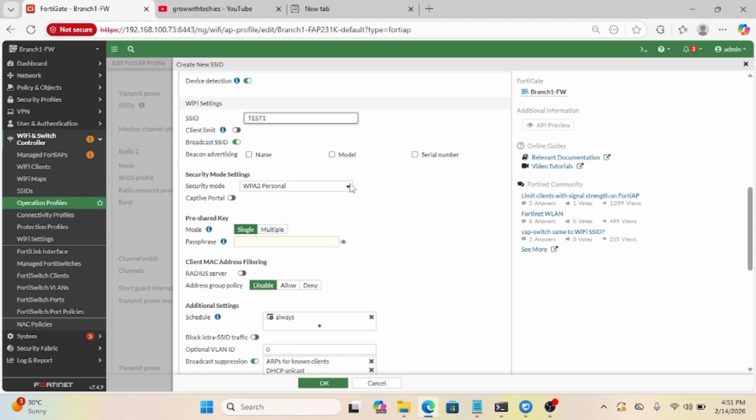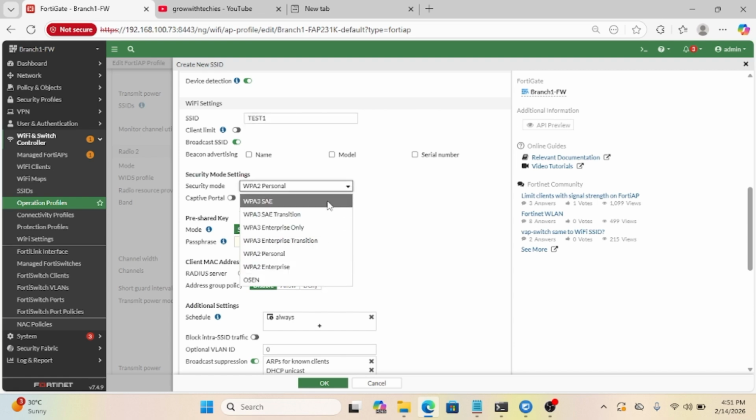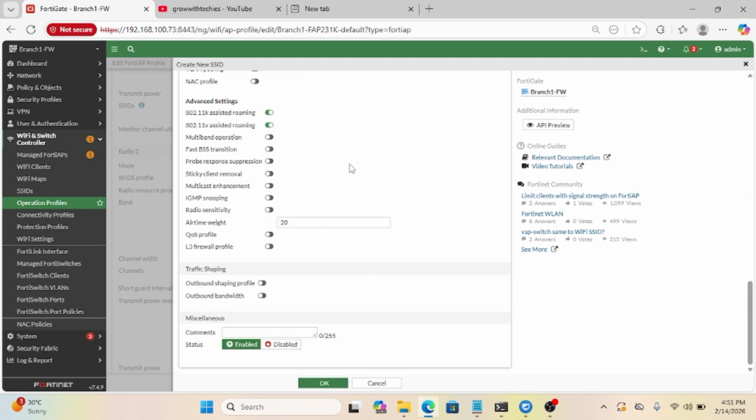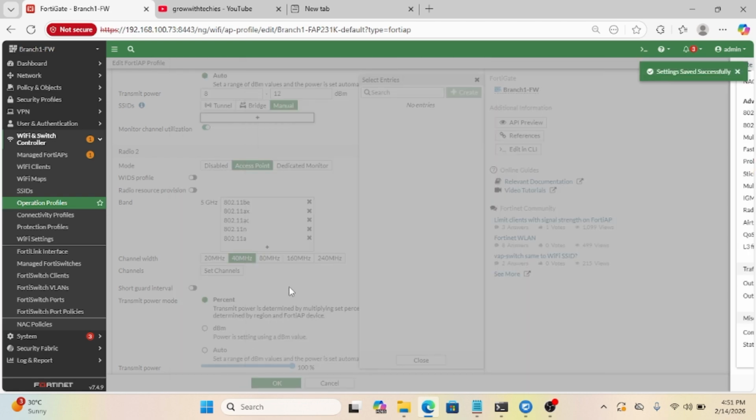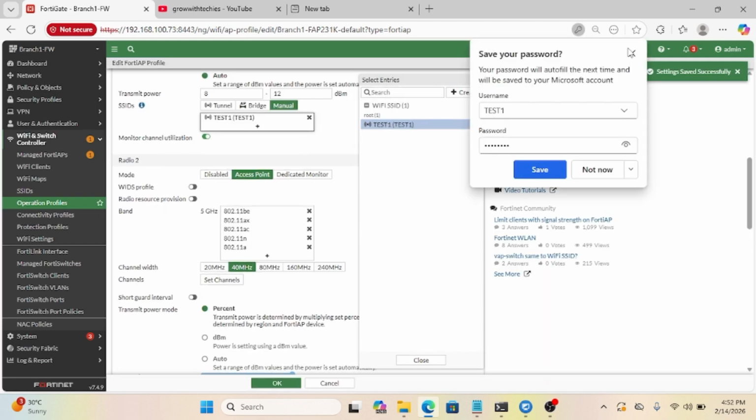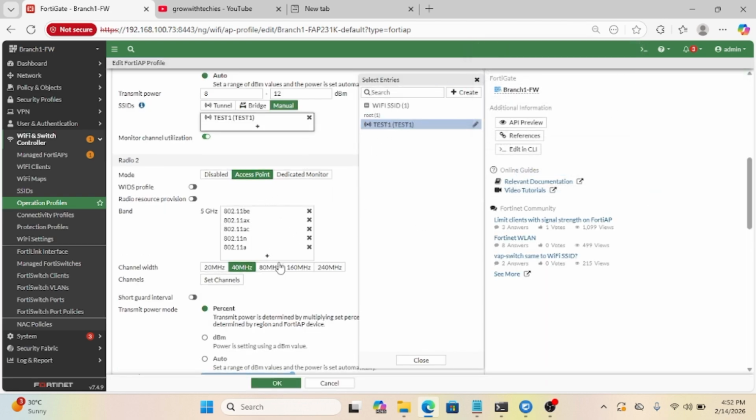The security mode, we are keeping it as simple WPA2 personal. There are a lot of other options available like WPA3, WPA2 enterprise, WPA3 enterprise. All those options are available. If you want to enable captive portal, the captive portal option is there. We will do this in the later videos. So we'll just give it a passphrase and we'll click OK. Now this SSID will be selected here. Next, same thing we will repeat for